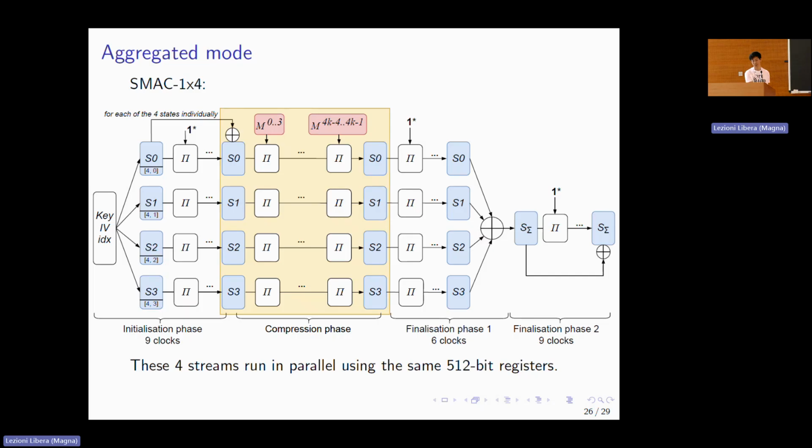AVX 512. And these 4 random states are in one register, and they can absorb message blocks, each in a 128-bit part. And after that, we have a finalization phase 1, which combines the 4 parts into only one 128-bit register, and then we do the normal finalization phase. Yeah, this is parallelization at the instruction level, and it greatly improved the